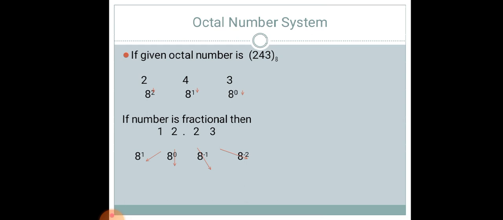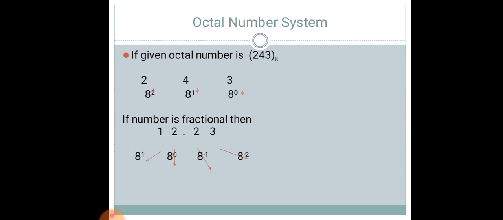Then on your screen you can see octal number system. The octal number is given as 243 to the base 8. Again we have given the weights, जैसे हमने प्रीवियस नंबर सिस्टम में दिया था वैसे हमने यहाँ पे वेट दिए हैं. So in 243, 3 is having 8 raised to 0. Why 8? Because octal number system is having base 8 and we are always putting weight with the base of the number system. So in decimal number system we have taken 10, in binary number system we have taken 2, and in octal number system we are taking 8.